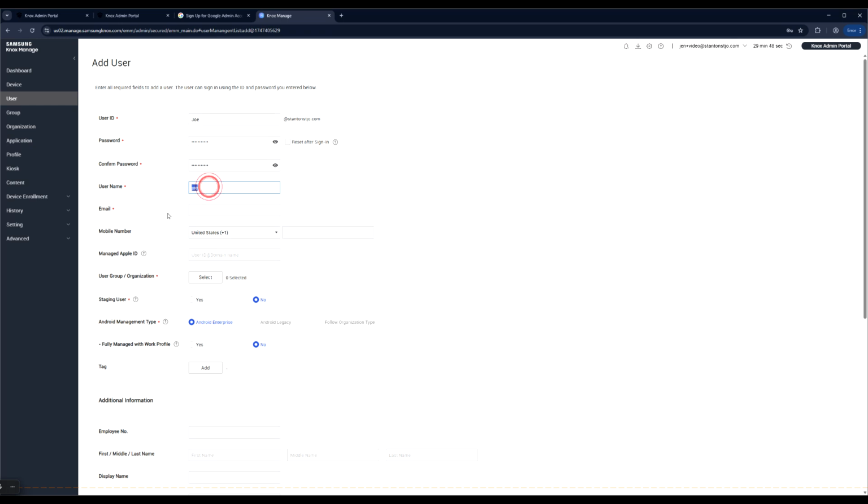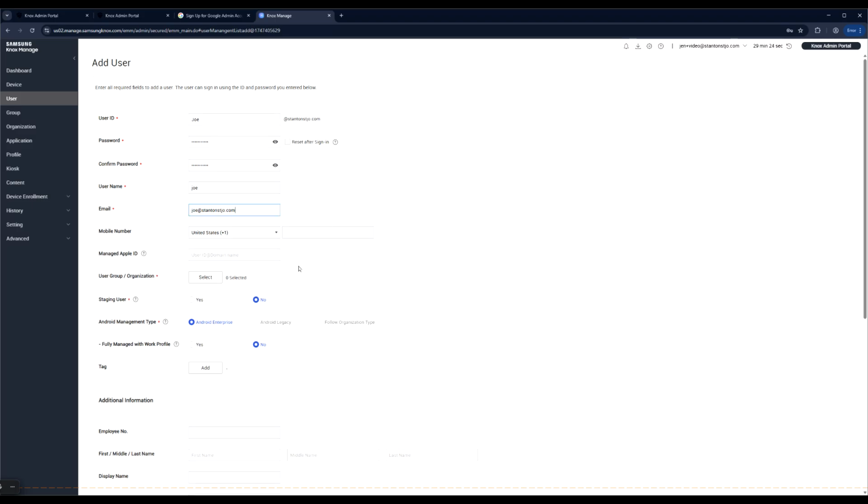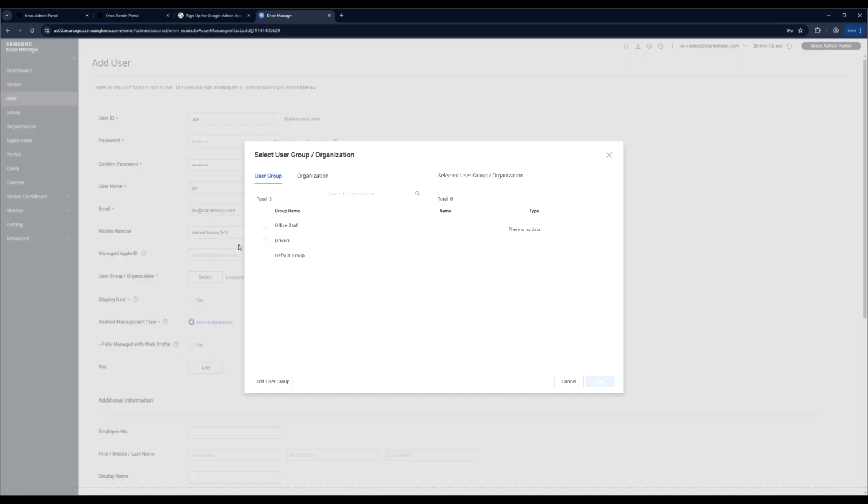The username, by the way, I put as lowercase because I want them to not have to have their username capitalized when the devices are enrolling. We'll talk about enrolling devices a little bit later. Put Joe in the drivers group